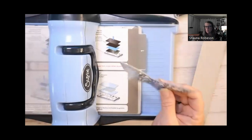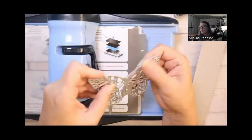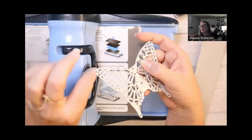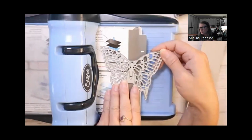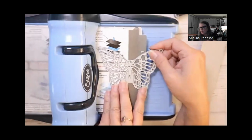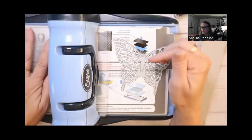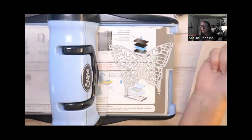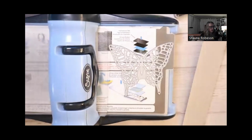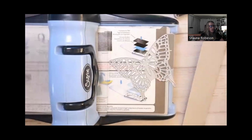Now these of course are more cost effective. You see I'm handling it. This is not a sharp blade. This is a quote unquote blade. It does have blades in there, but they're not sharp to the touch. They're not going to cut your fingers or anything like that. However, the pressure of this machine pushing through there does push down hard enough to basically break the paper at those points. So this is an example of the thin die, and then this is an example of